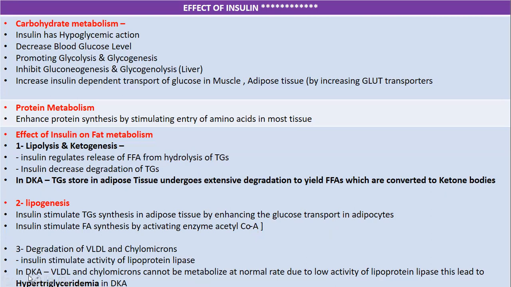Okay, so we have already seen these two things broadly. And when we come to insulin stimulating fatty acid, just remember one thing, that this fatty acid and the glycerol make our triglycerides. So here there is triglyceride synthesis by increasing our glucose transporters, and here is a fatty acid. These fatty acid and glycerol form together triglycerides. Then there is a degradation of chylomicrons or VLDL. Now we see how this helps in our